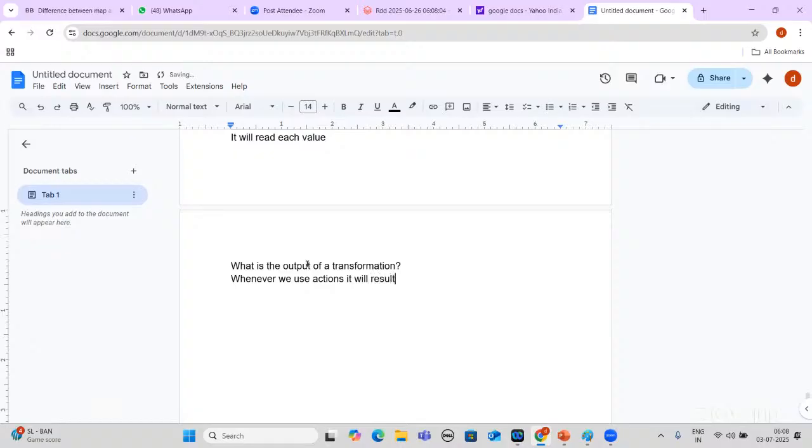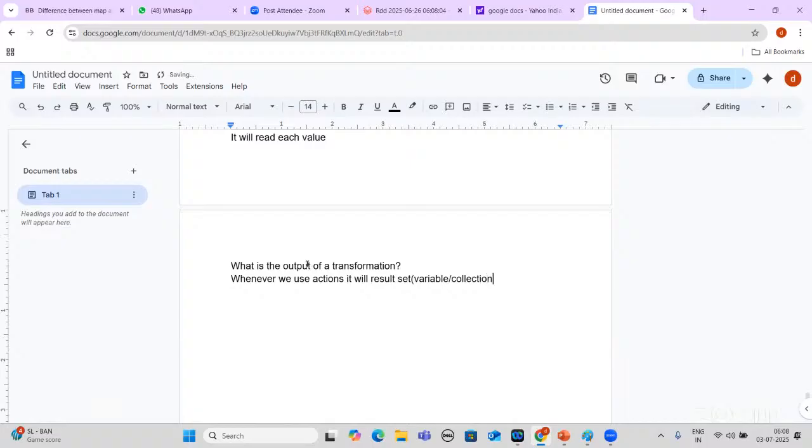Yesterday we discussed it and we have seen that by executing it, right? Whenever we use actions, it will result in a result set. What is that result set? It may be any variable or any collection.